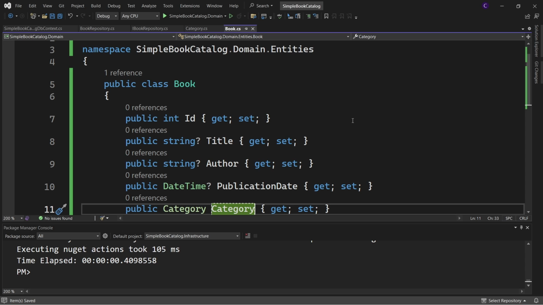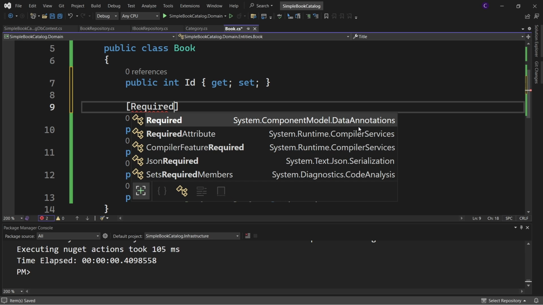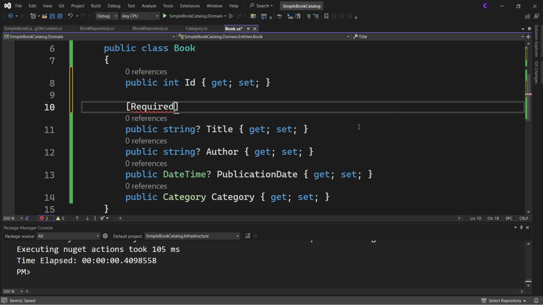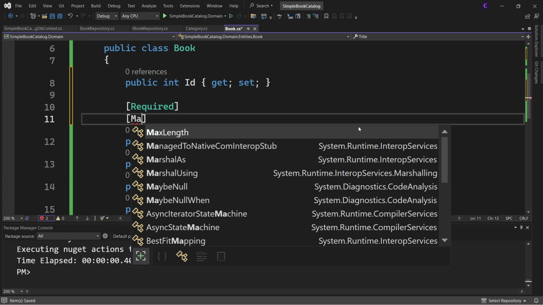Let's first see how to use data annotations. Data annotations are attributes that we can apply on model properties. So let's say, for example, the Title column should have a mandatory value, so it should not allow nulls. So we can apply the attribute Required, bring in the namespace System.ComponentModel.DataAnnotations. Likewise, we can specify the maximum number of characters the column can hold by using the MaxLength attribute